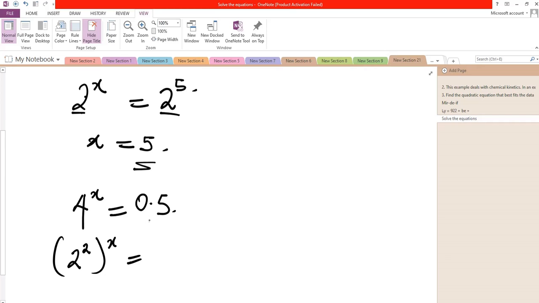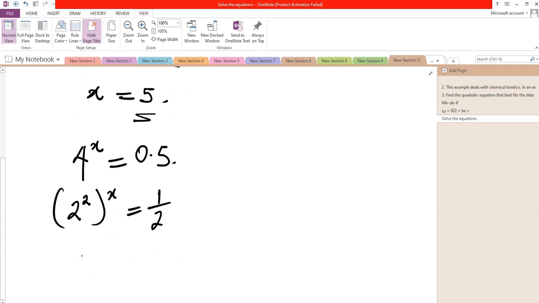Now this 0.5 is the same thing as 1 over 2, and this expression can also be written in this form: 2 raised to power. Now the powers will multiply each other, so 2 times x will give you 2x. That is 2 raised to power 2x is equal to this 1